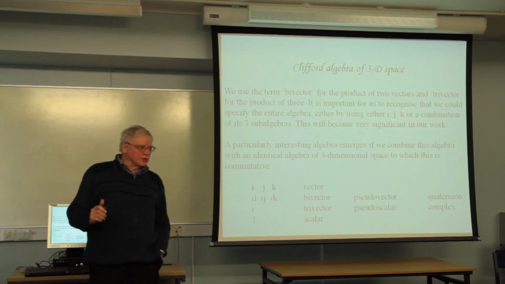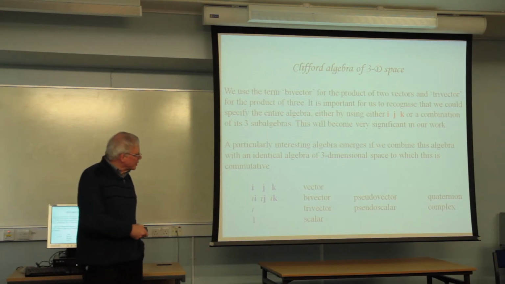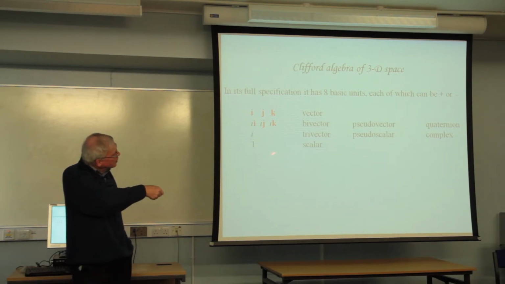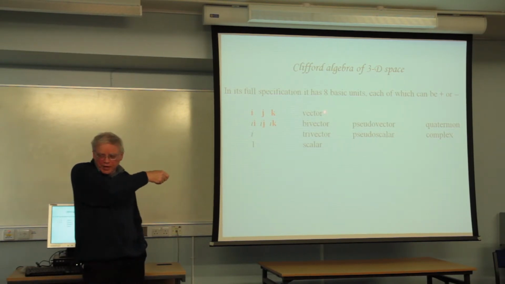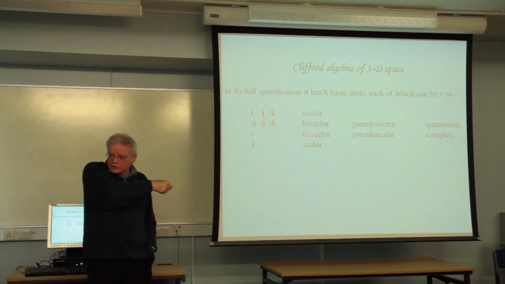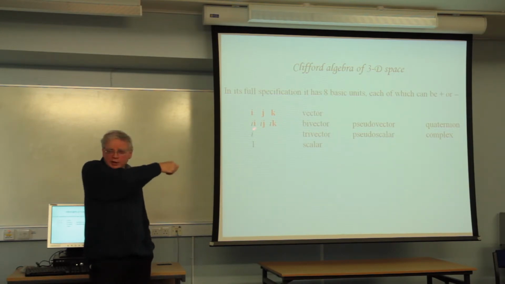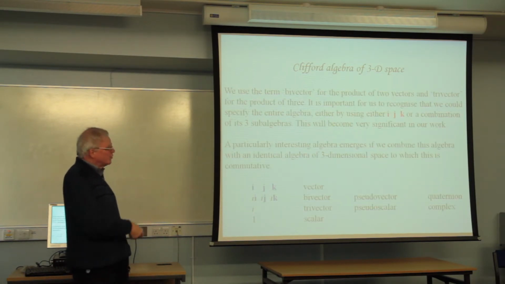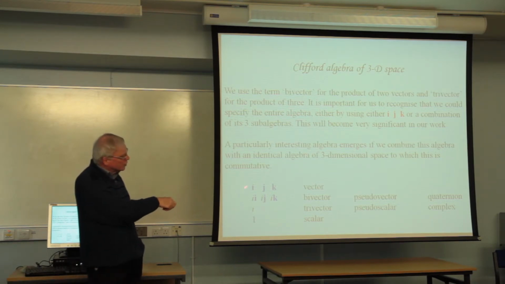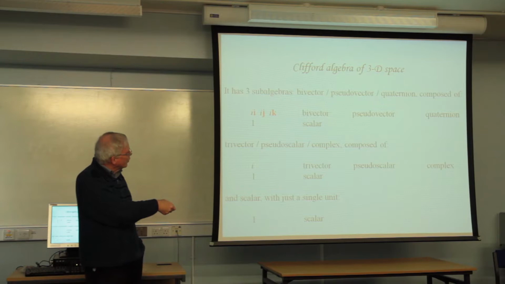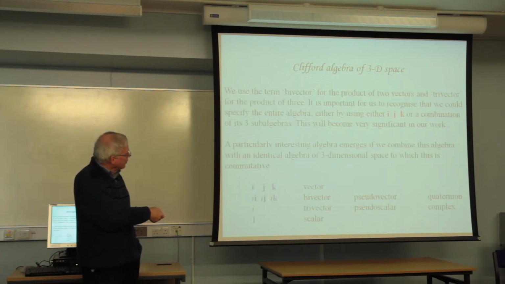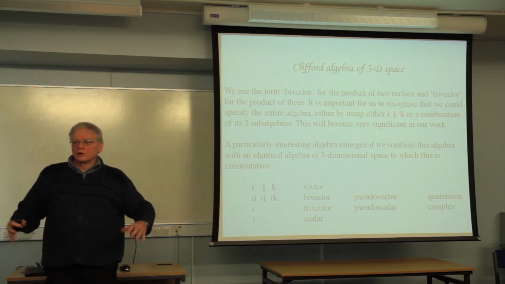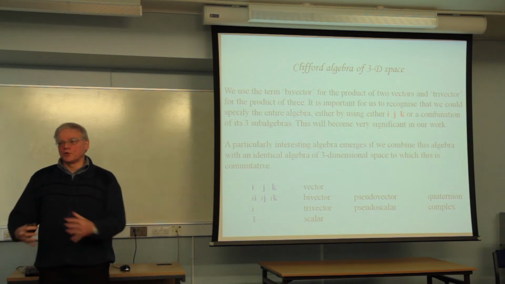Now, what I want to do now is to say, let's take 2 of those objects. That one, that's space. If I were to specify the complete structure of space, including all its areas and volumes and all that stuff, that would be what it looked like. That's the complete algebra for space. Let's suppose I had another complete algebra of that kind, and I'm using a different colour coding to which that was commutative. So I've got 2 such algebras. I've got that one, and I've got that one, and they're commutative. And I'm using colour coding to distinguish them. Now, what happens if I make an algebra out of those 2 combined?